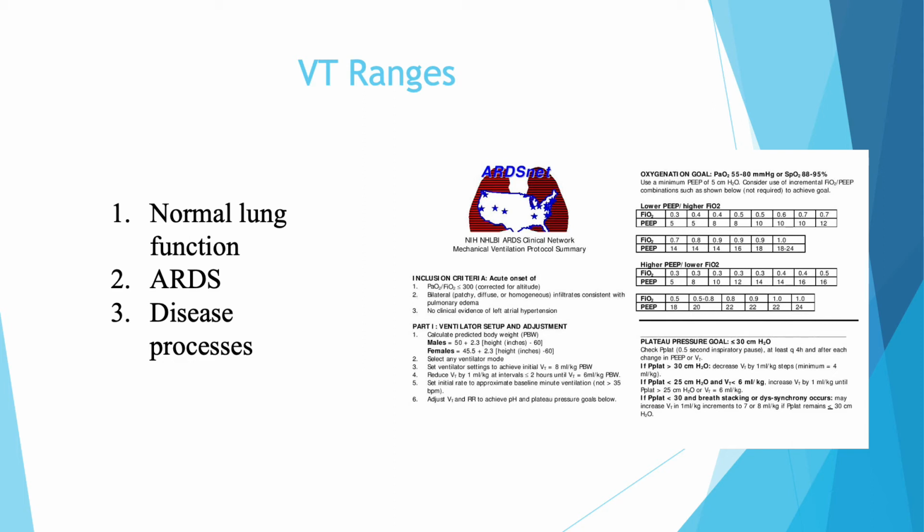That's going to be your patient that's more than likely got more normal lung function. And literature supports that patients with normal lung function should be ventilated at 6 to 8 milliliters per kilogram of ideal body weight. When you're looking at ARDS patients,